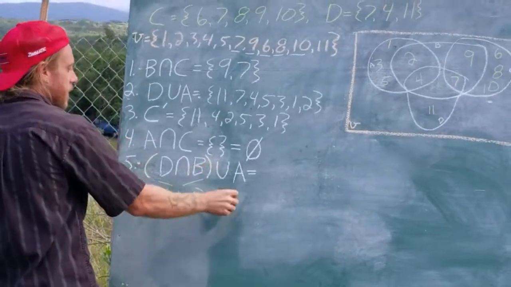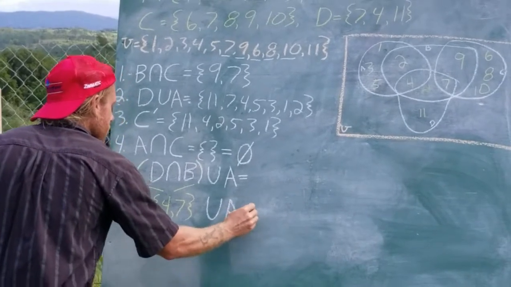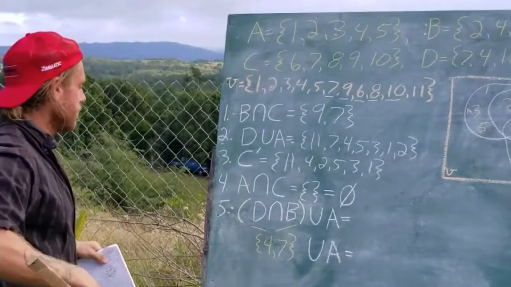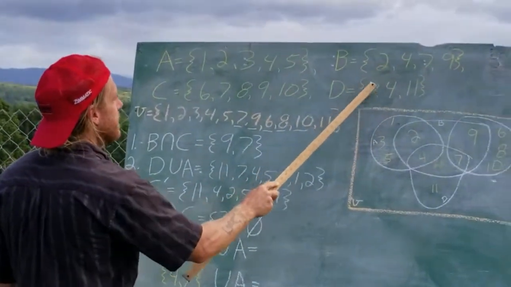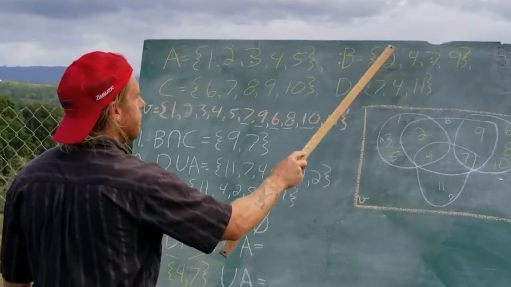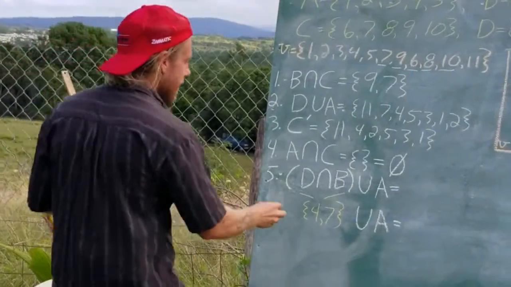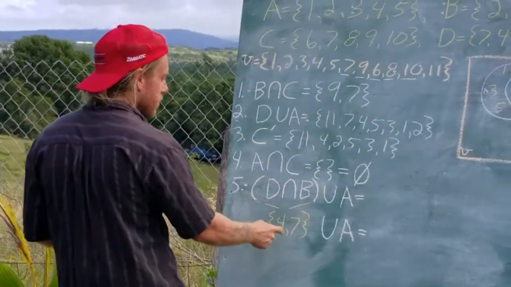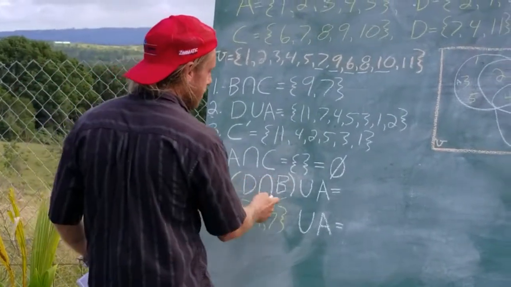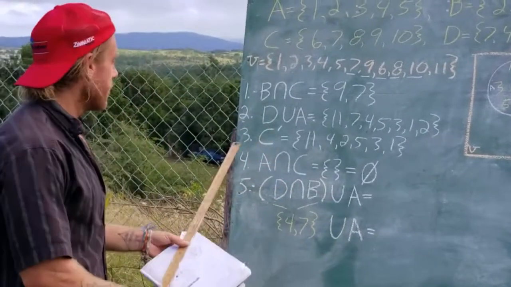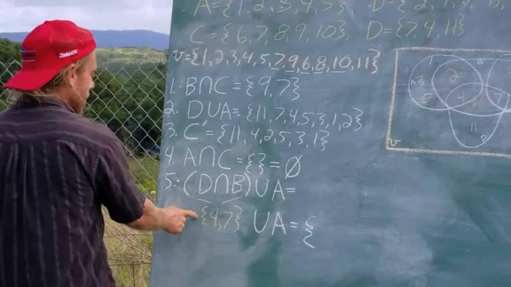So we'll bring our work from up here down. Now let's check this answer up here. We're saying 4 and 7 are the elements that are common to both D and B. D and B, 7, yes, 4, yes, 11, no. 2 and 9, no. So 7 and 4. Looks like we're doing good. So now we want to take this and find the union between the set consisting of the elements 4 and 7, or in other words, the intersection of sets D and B, with the set A. So our answer will consist of all the elements that are common to set 1, in this case 4 and 7,